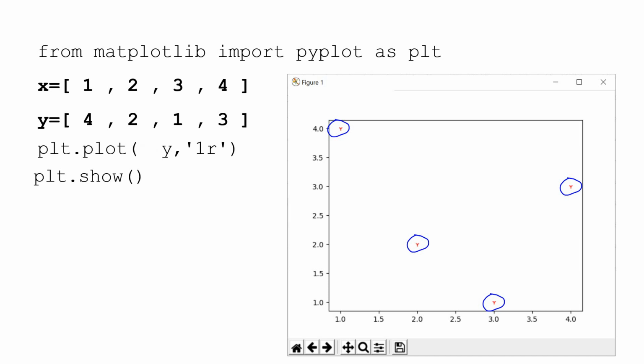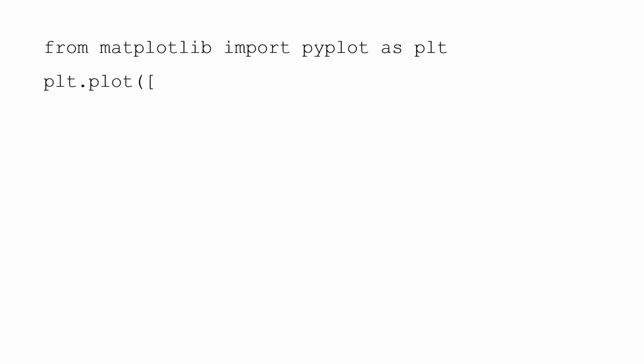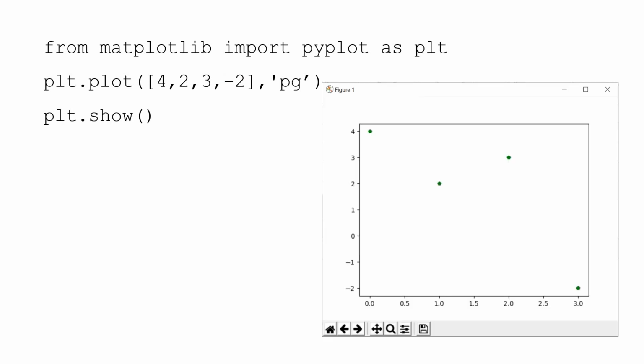If the plot function is supplied with only one list instead of 2, then this list is taken as the argument for y coordinates and x coordinate values are taken as integers from 0 to length of the list minus 1. Here is an example. From matplotlib import pyplot as plt, plt.plot([4, 2, 3, -2], 'pg'). Here the plot function has only one list as the argument. The points will be plotted at (0, 4), (1, 2), (2, 3) and (3, -2). Then plt.show(). The output produced by this code is,